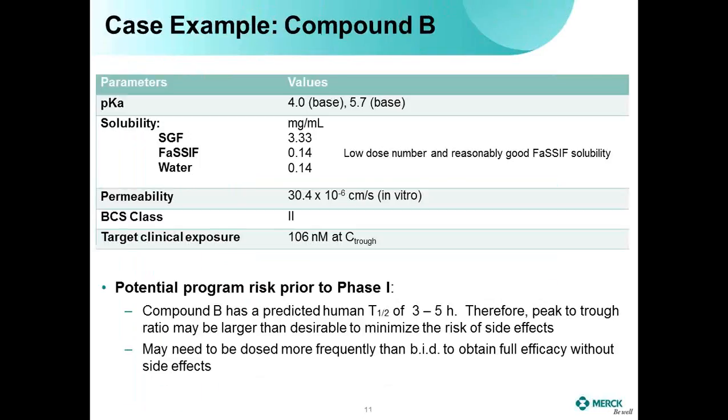So here, this is the case study. I think I'll just use a case example, which is a Merck compound B, to demonstrate the in silico work process. This is the BCS2 compound with decent solubility in buffer or passive. However, prior to first-in-human study, because of the projected low half-life and the C12 targets with relatively narrow therapeutic window, there is a desire of developing a CR formulation.